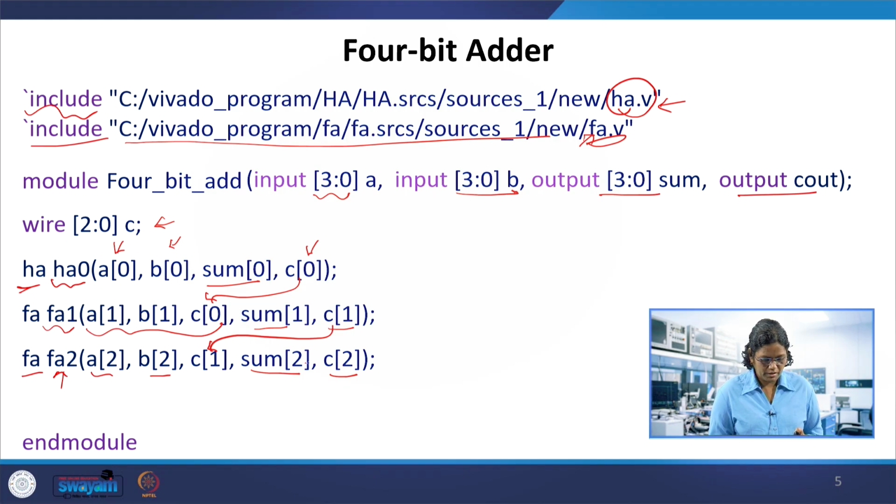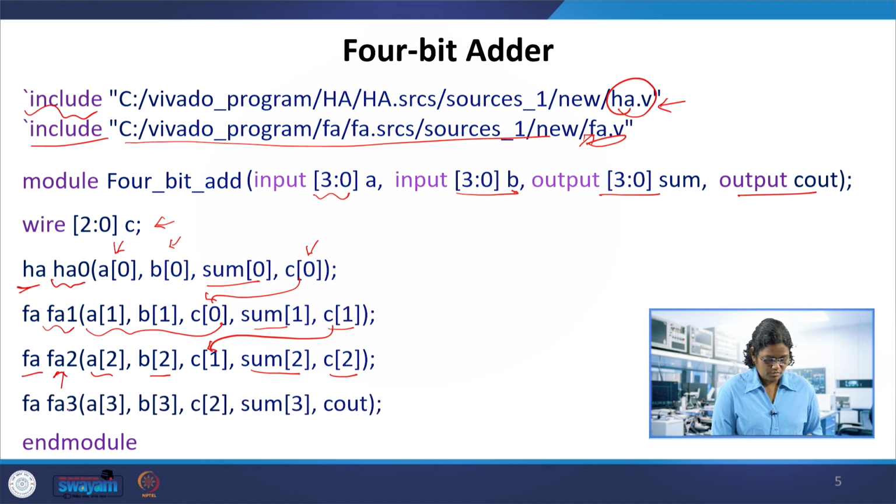Okay, so this should be in order if you are not mapping with the port name, that is dot port name. If you are using local variables, that would also be fine, and if not, then follow the order in which it is used in the module. This is why it is following the order. We first defined the inputs and then the output in the half adder and full adder, so similarly input and output.